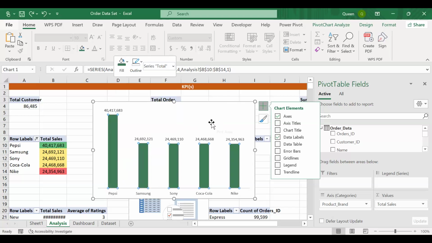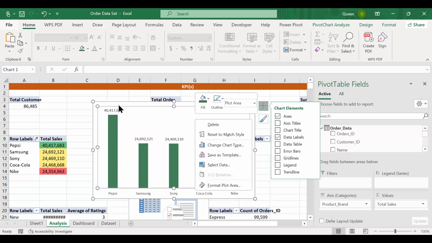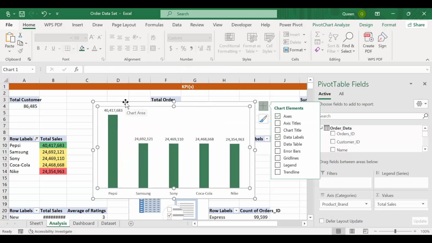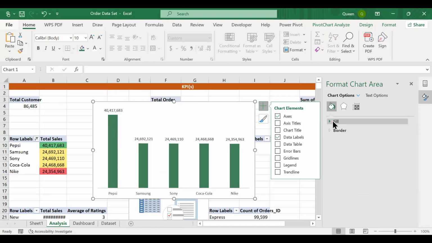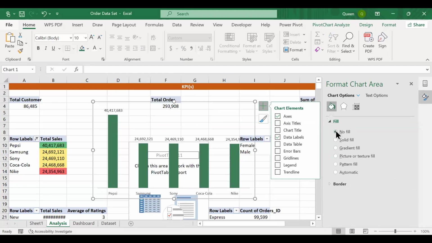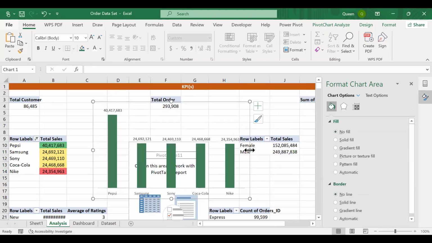Now I want to remove this background color. I don't want any background color, so it is quite easy. Right click, format chart area, come to this view, you put it at no fill, it goes. I don't want any border color, no line color. I have this display. So the next thing I'm going to do is Control C, I copy this,